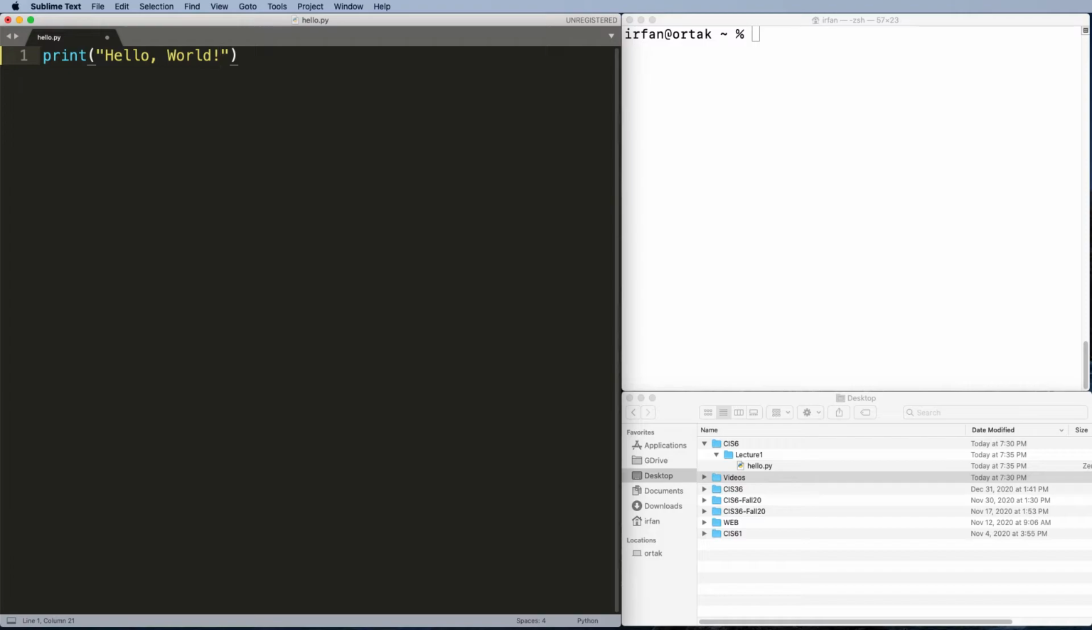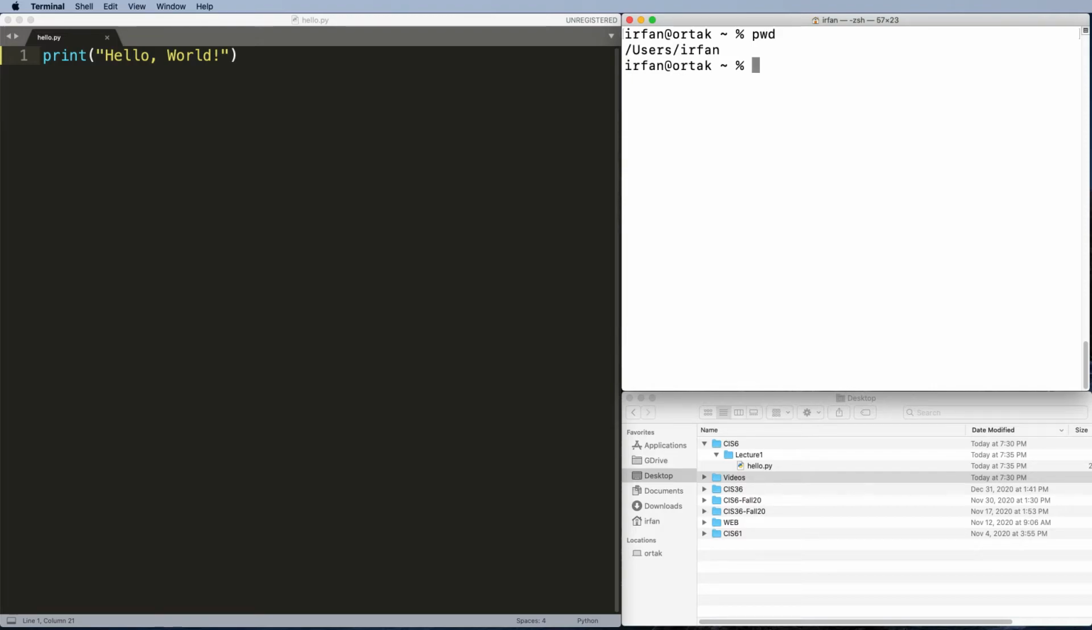Alright, so we write our first Python line, and I'm going to save this again. Then notice that the file appeared here, and from my terminal, first thing I want to do is I want to know where I am. So I am under the user folder Irfan, and then to see what I have in the folder, as you can see, those are the folders that I have here. What I'm going to do is I'm going to move into desktop,